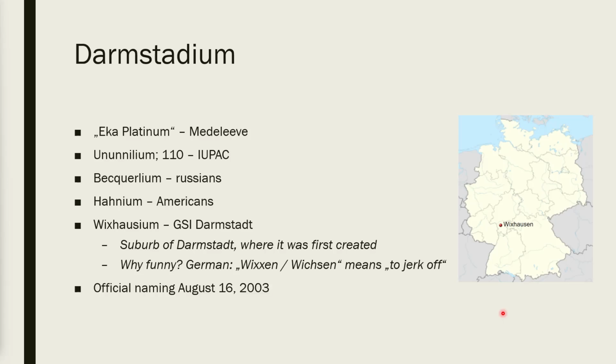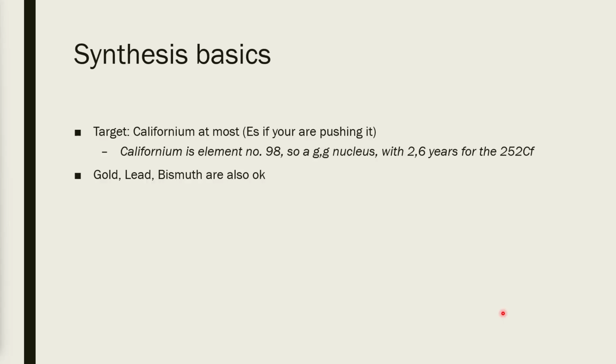So the official naming was Darmstadium in 2003. Okay, how do we synthesize these elements? First of all, you want your target to be californium at most, einsteinium if you're really pushing it. The synthesis of mendelevium was with einsteinium and alphas, but most of the time you would want californium because it's